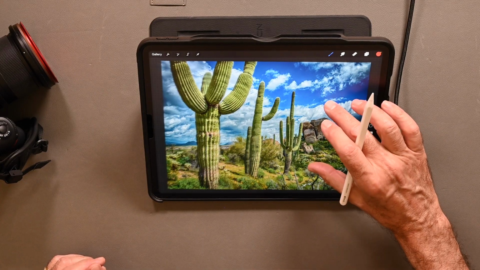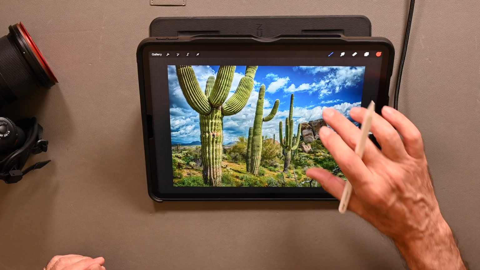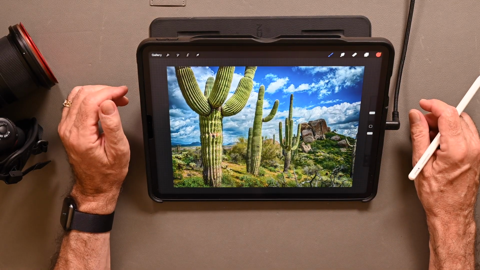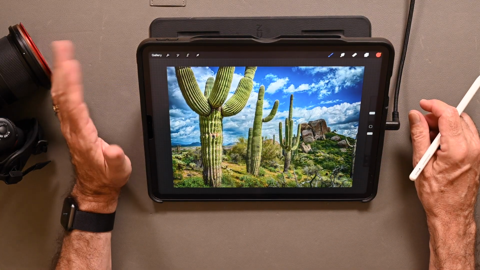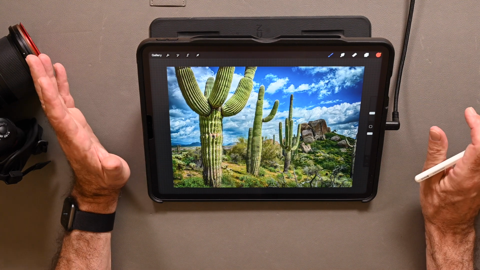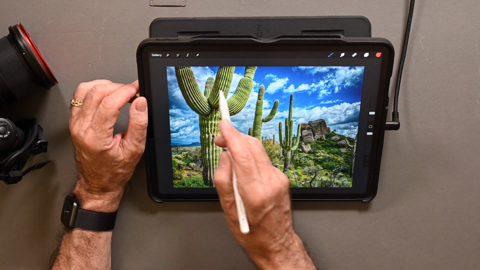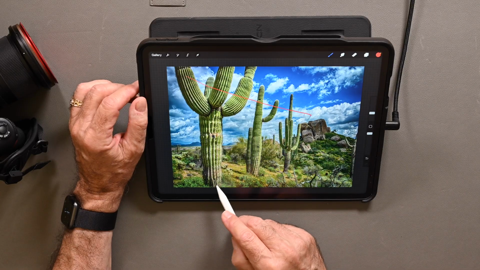Here's one that I took. I wish I had taken this later in the evening, but the park closed, so I wasn't able to. So I just took it with a little bit of clouds. And the thing that I really like about this is the cactus, I wanted to make sure